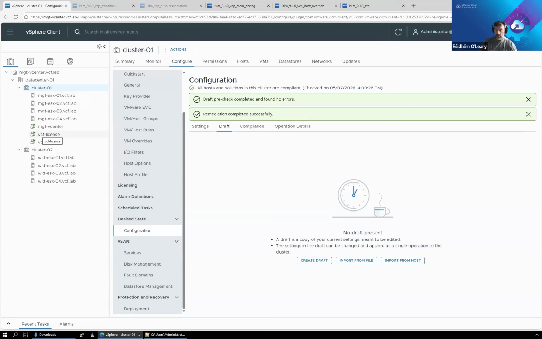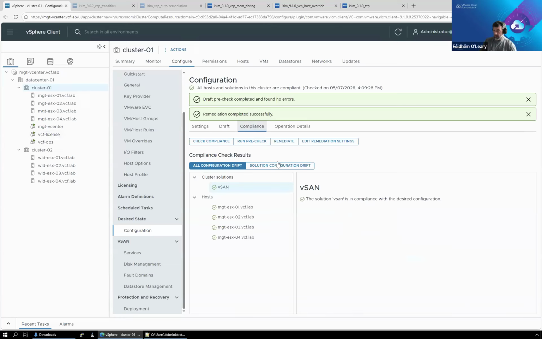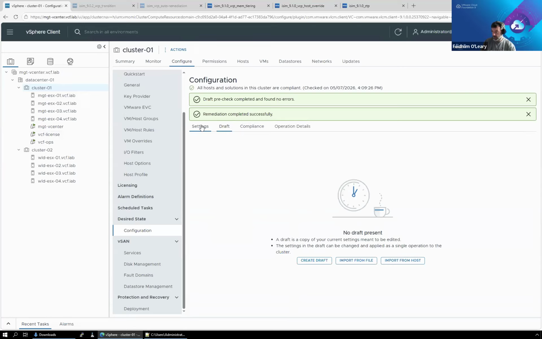Can you use a desired config? Oh, let me just double check this. Yes, so fingers crossed this went smoothly. We've updated our cluster config spec with our vSAN configuration to make sure now, and if we check under our